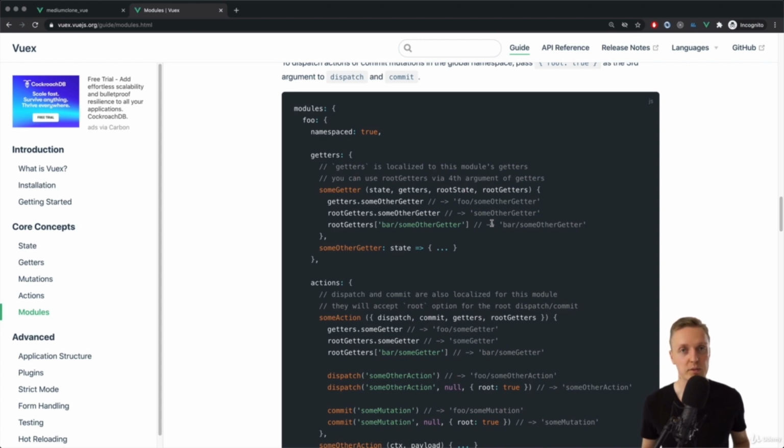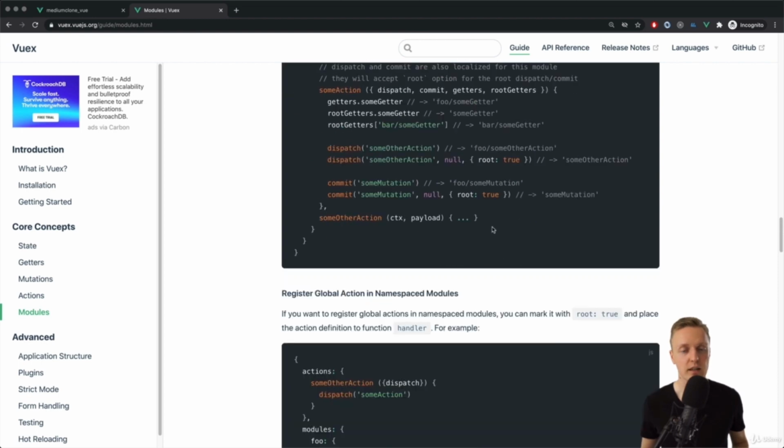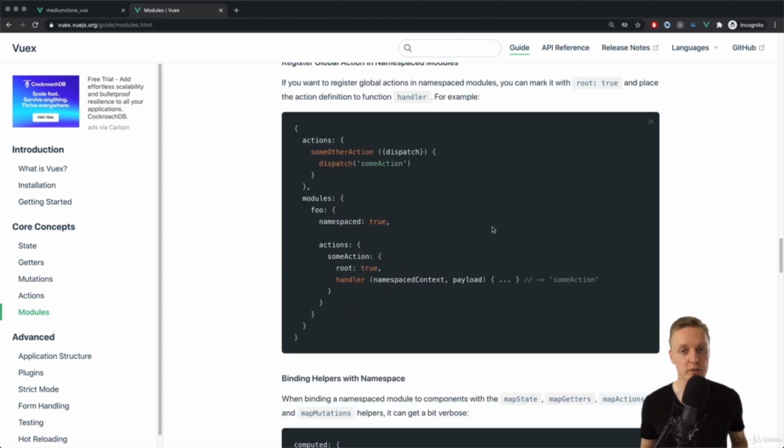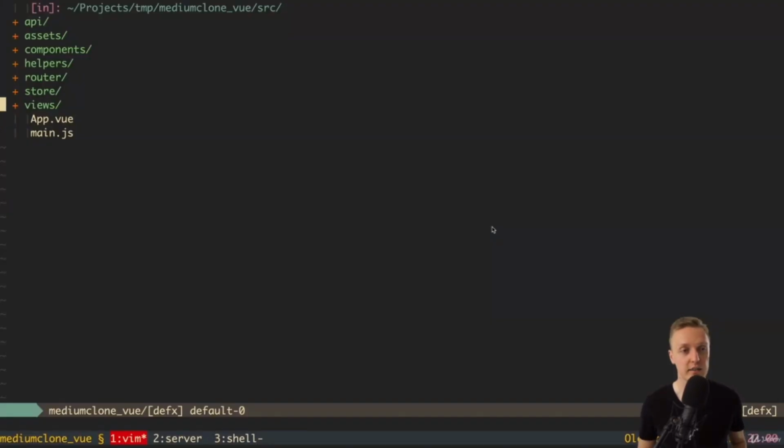We want to namespace our things so they are really scoped to our module, and we can then create the same mutations in different modules. So now the question: why I don't like this approach and what problems does it have? For this we need to write a little bit of code so we will understand it better. But I want to say that this code in this video is not a part of the series, which means you can remove it or just not type it, because we will use it only for testing purposes